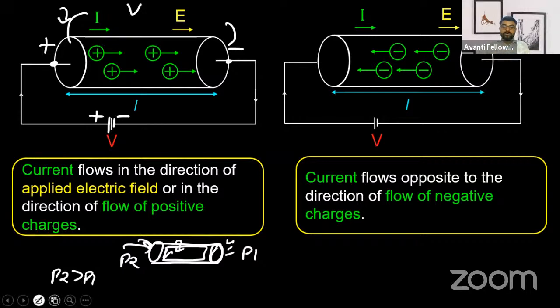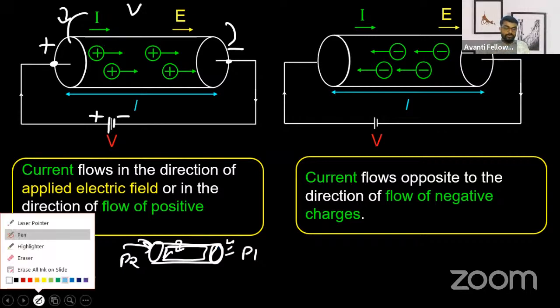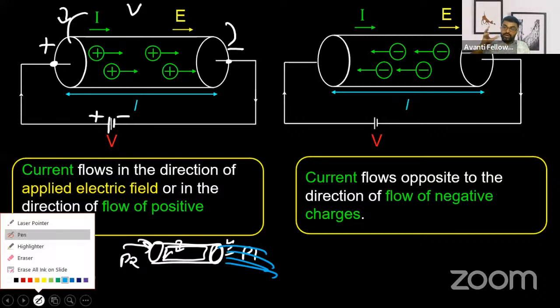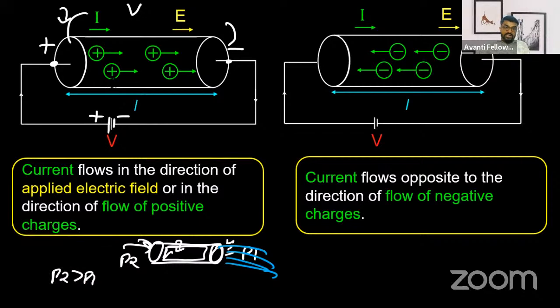It will flow, it's 100% sure. The water will flow like this. Same is the concept of potential difference. Use this analogy for understanding its physical significance. If you're having a conductor like this,